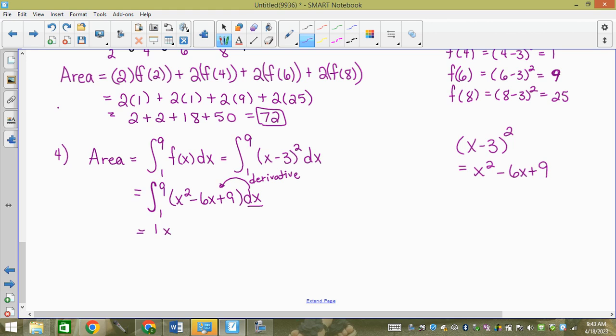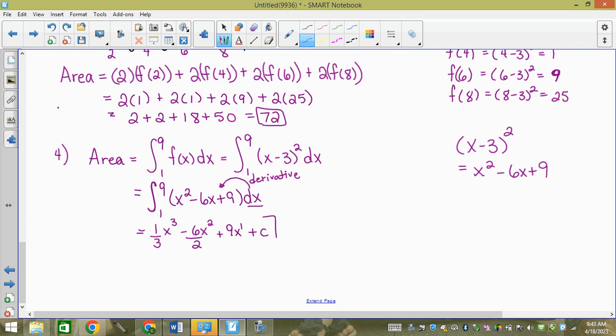Well, it would be x to the 3, and then 1 over 3, minus 6x squared divided by 2, plus 9x to the 1, divided by 1, technically, plus c,